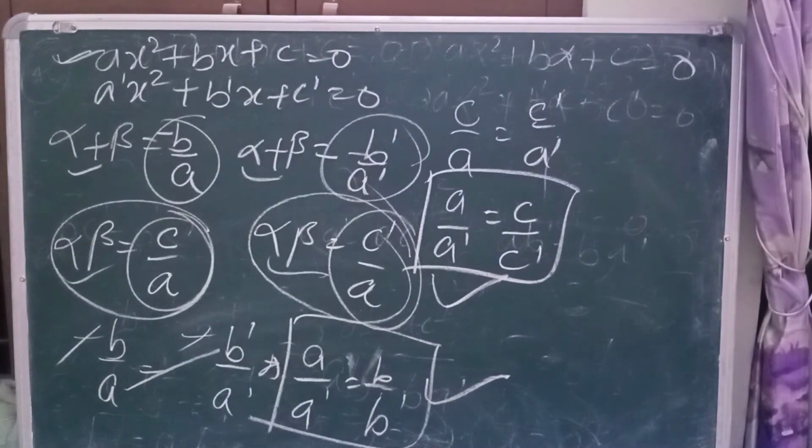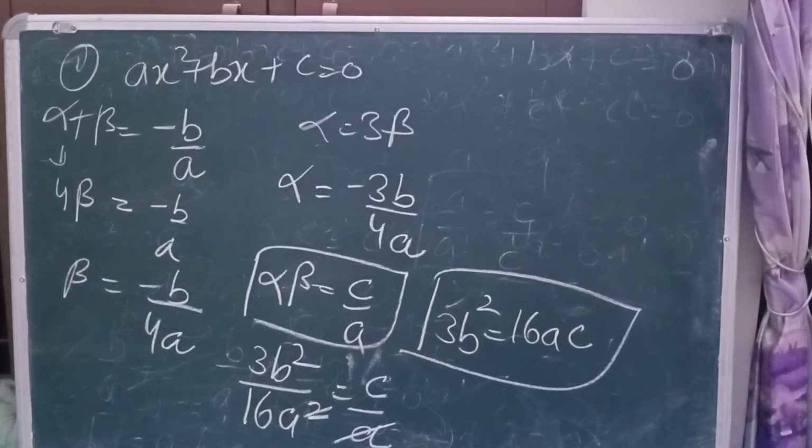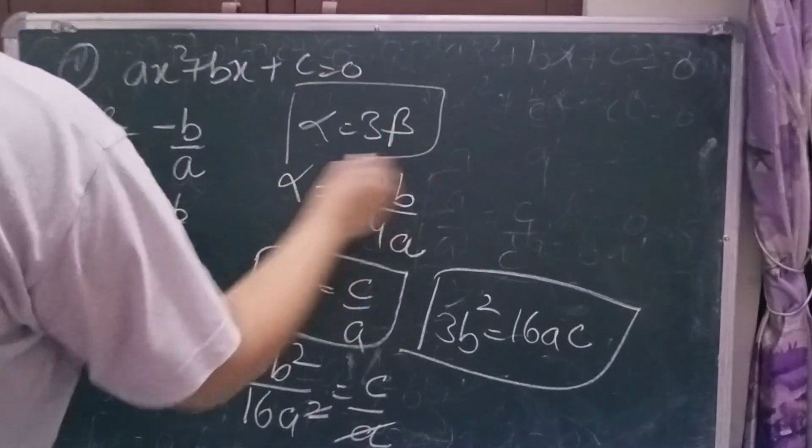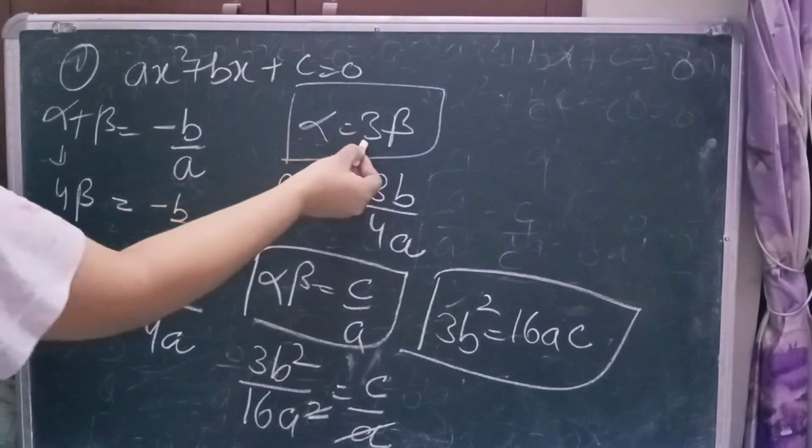Whenever they say that two quadratic equations are given and these equations have both roots common, we can use this condition. And if one root is given common, we can use the last condition which I told you for the cross multiplication. Here I have done question number 1 first part for you, as it was given in the equation that ax square plus bx plus c is a quadratic equation, and they have given that one of the roots is thrice the other root. So here I have written the condition alpha is equal to thrice of beta, since they said that one of the roots is thrice the other.